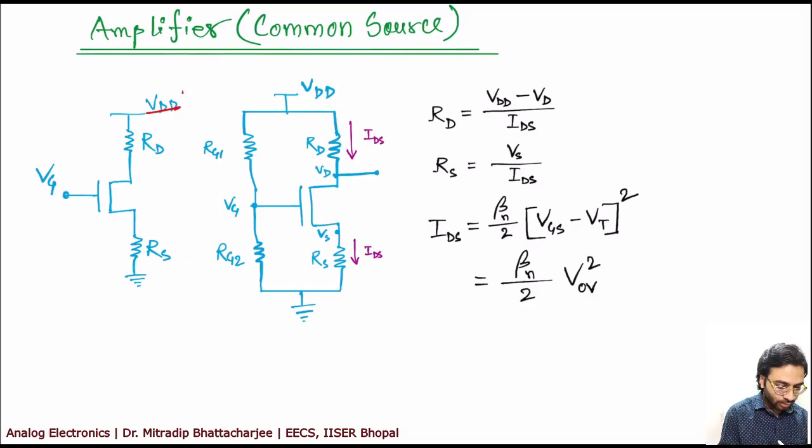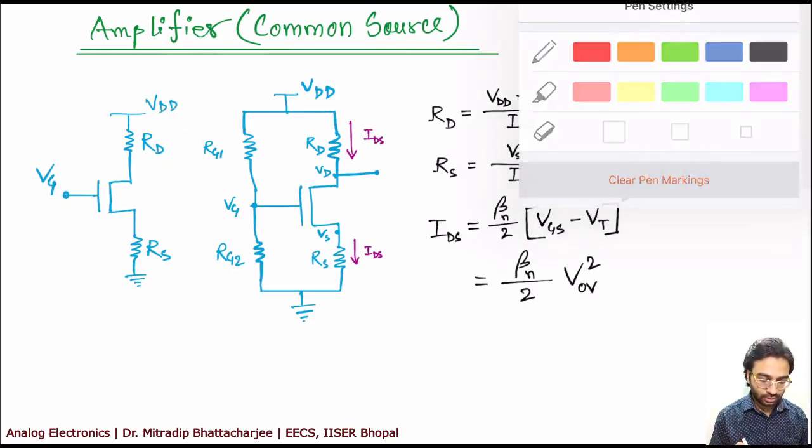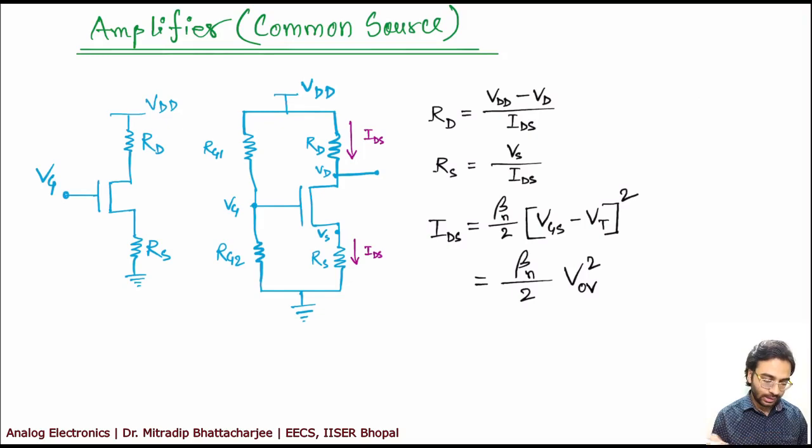This is VDD, right? So we can consider this as a power source which is connected to ground. This is VDD, which is plus minus, and in this case this is VG, right? So we can connect a source and connect it to ground. So you can now see there are clearly two loops, right? This circuit and the circuit that I have drawn in blue are basically the same. I think you know by now, but still I showed it just to remove any confusion in mind.